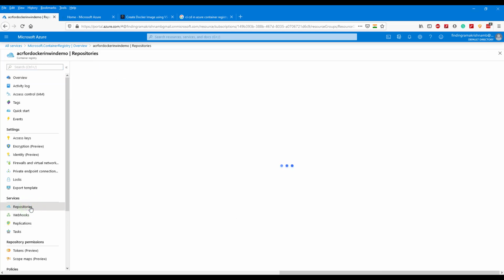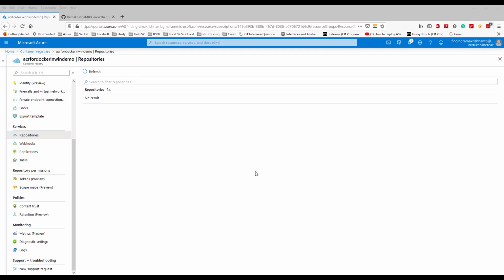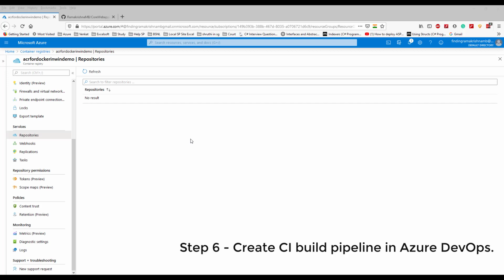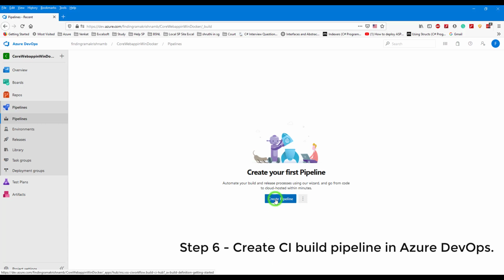Now we need to push our Docker image to this container, to build and publish using a DevOps pipeline. To add a Docker image to this Azure Container Registry, we will go and create a CI pipeline. Create a new pipeline.